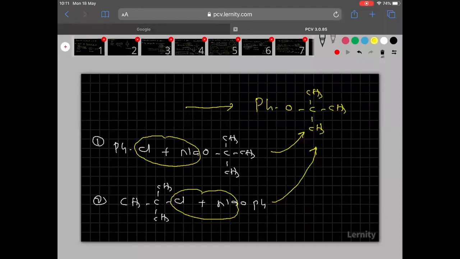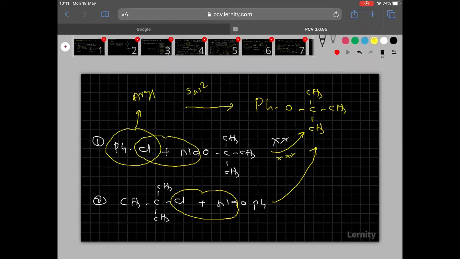Okay, let us think about the first one. First one, is it correct? Tell me. Wrong. First one is wrong pathway. Why? Because see clearly, everyone knows PhCl is an aryl substrate. Is it clear? Aryl substrates neither undergo SN2 nor SN1. Nothing is possible. Therefore, this is the wrong pathway.